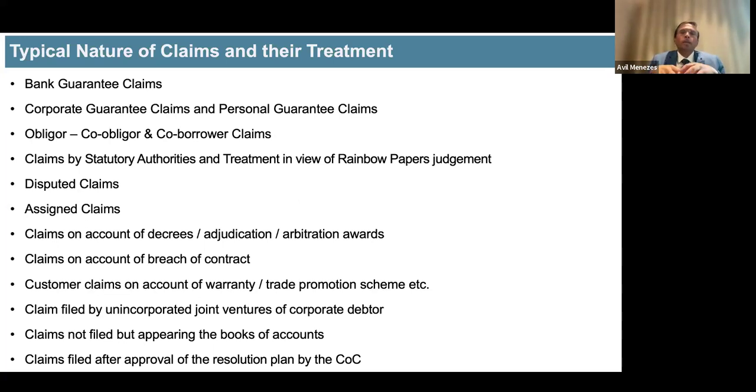Right of subrogation means if I have paid a lender 100 rupees, I would stand in his shoes to the extent of 100 rupees. That means I can recover from the corporate debtor. So if I'm a third-party guarantor who has given a guarantee and I have paid on invocation of that guarantee, then I stand in the shoes of the lender. That's the concept of the right of subrogation. But generally, if you see personal guarantee agreements, the way these are structured, unless and until the entire debt of the bank is paid, the right of subrogation does not kick in. So you'll have to read the personal guarantee document.